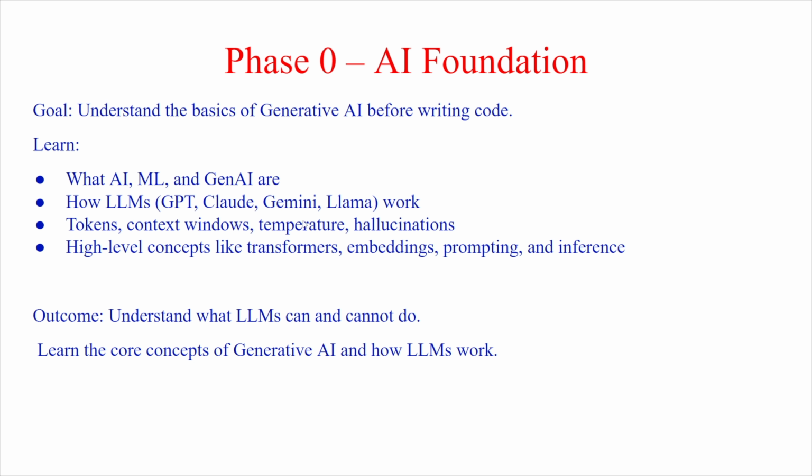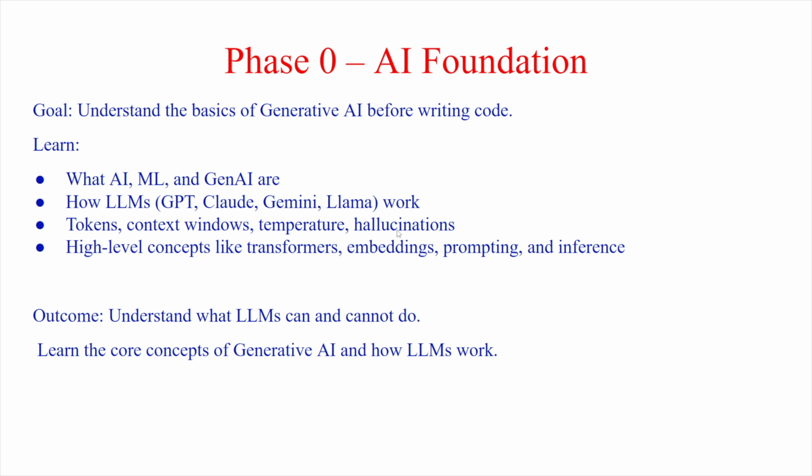What is a context window, what is temperature, what is hallucination. We have covered hallucination in great depth because hallucination is a real problem. As developers, we all face this hallucination problem, because it tries to hallucinate us by praising whatever we ask for and trying to agree to whatever we say.